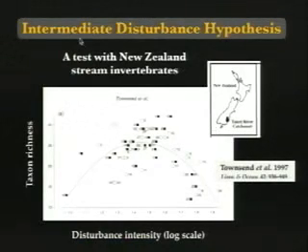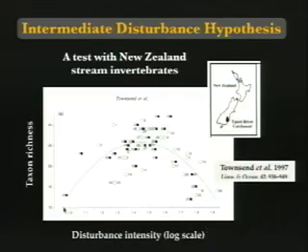But in what we recognize in the intermediate disturbance hypothesis is the importance of disturbance in influencing species richness in communities. The idea behind the intermediate disturbance hypothesis is that disturbances at intermediate intensities are correlated with peak richness, or diversity if you want, in many communities. Too high a disturbance intensity or too low a disturbance intensity produces communities with lower richness.